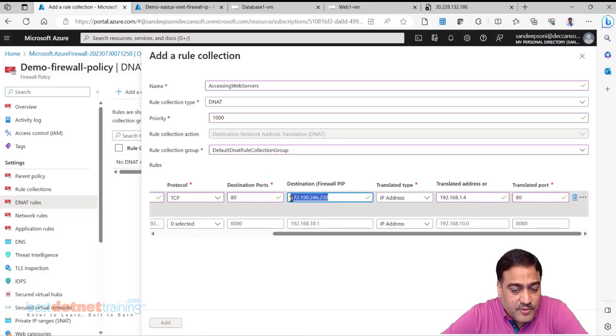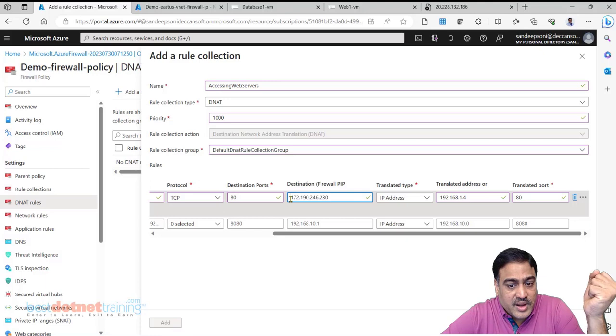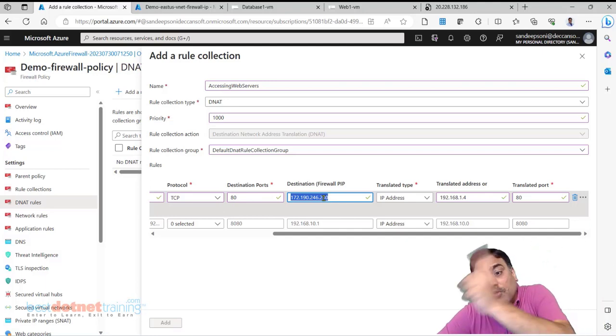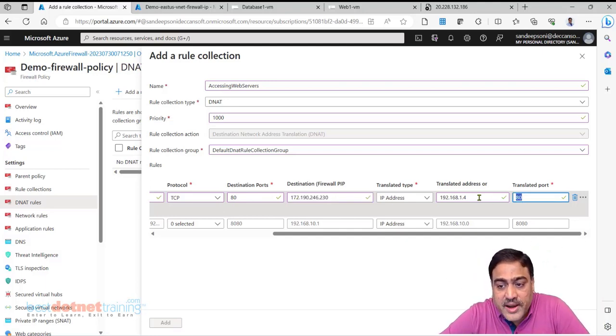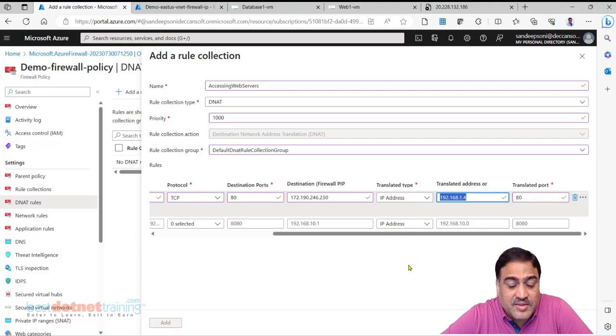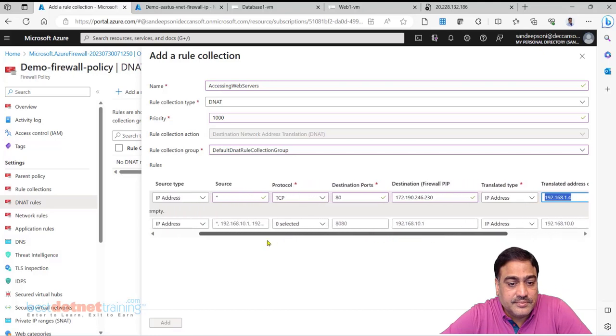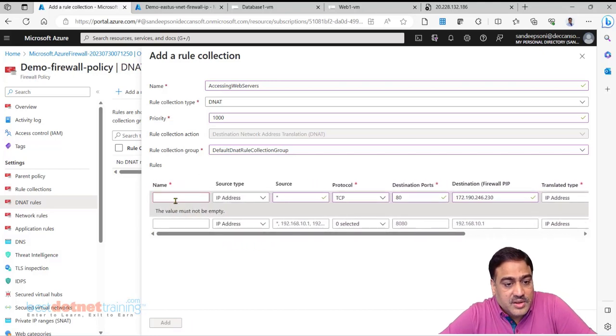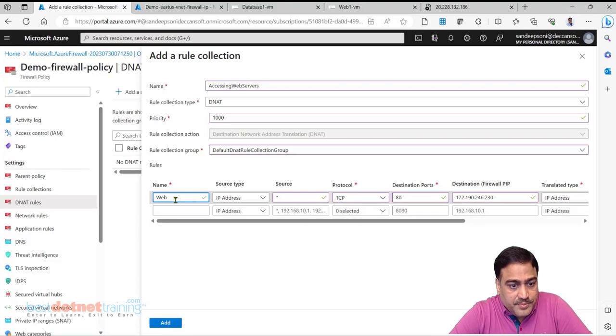Public IP of the firewall is what I'm going to send request to. See, private IP I can't send request. So when I send a request to the public IP of the firewall on port number 80, firewall will forward the request to port number 80 and private IP address of the web server. And this is what? Web server 1.